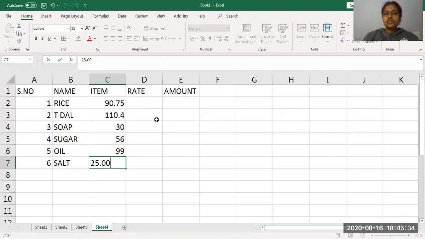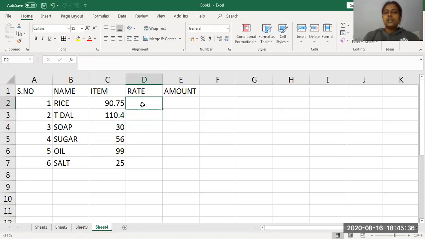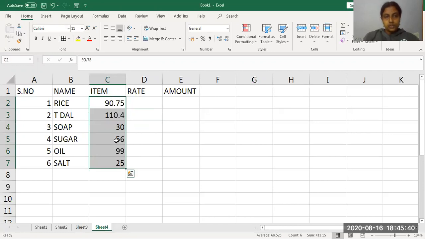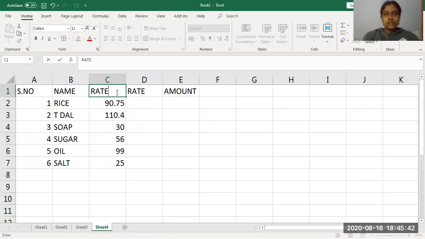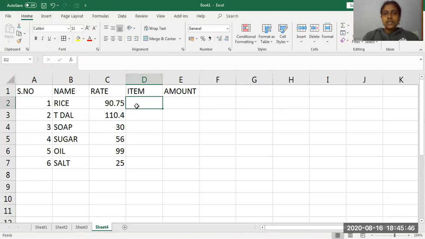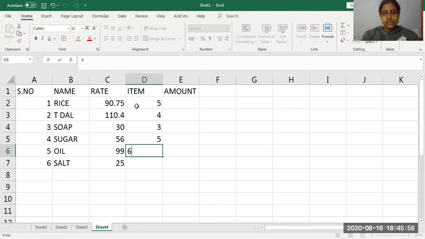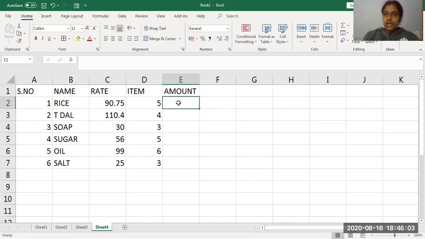So these are the rates of the product. What I will do is change this to rate and this to number of items. This is the rate of the product, and the number of items I wanted is this: 5 kgs, this 4 kgs, soap 3, sugar 5 kgs, oil 6 liters, and salt 3 packets. So the items I have put, and now to calculate the amount.